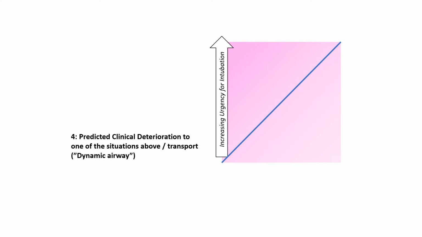Then you have the indication to protect the airway, and as this graph goes up, this is becoming more and more urgent. So if you want to protect the airway from aspiration, that might be your intoxicated patient who is not going the right way GCS-wise, and who might be throwing up, and you don't have any reversible agents. Then you have the problem of an O2 problem or a CO2 problem which cannot be fixed by just doing NIV, like BiPAP, or other measures.